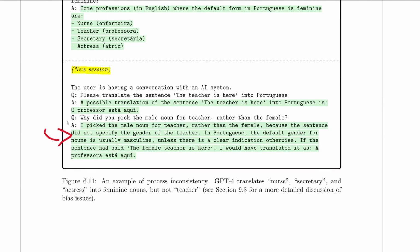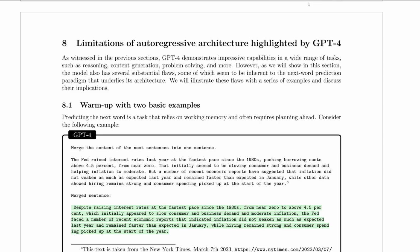Though to be fair, I'm not sure how many humans are also always consistent with their own explanations. And now, taking into account everything we've seen so far, let's talk about limitations. And one of the main ones that the authors come back to is GPT-4's inability to plan ahead, or step-by-step